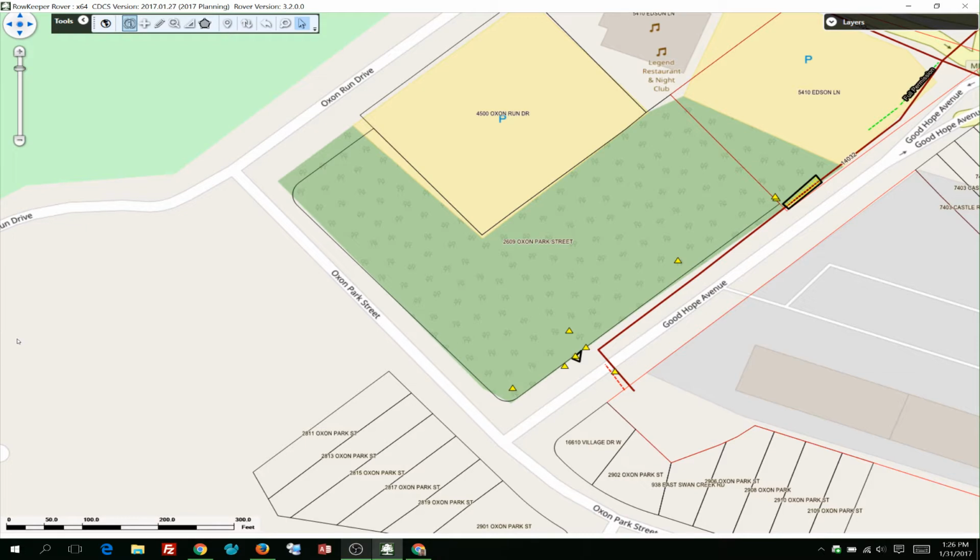So, with all that said, I'm going to give a quick demonstration of how this feature is set up to work. In this case right now I have Rover on my screen and I am looking at a parcel, 2609 Oxen Park Street, which has about 6 to 8 removals associated with it. These yellow triangles representing the removals. So if I wanted to create an electronic permission slip for all these removals, I need to bring up the